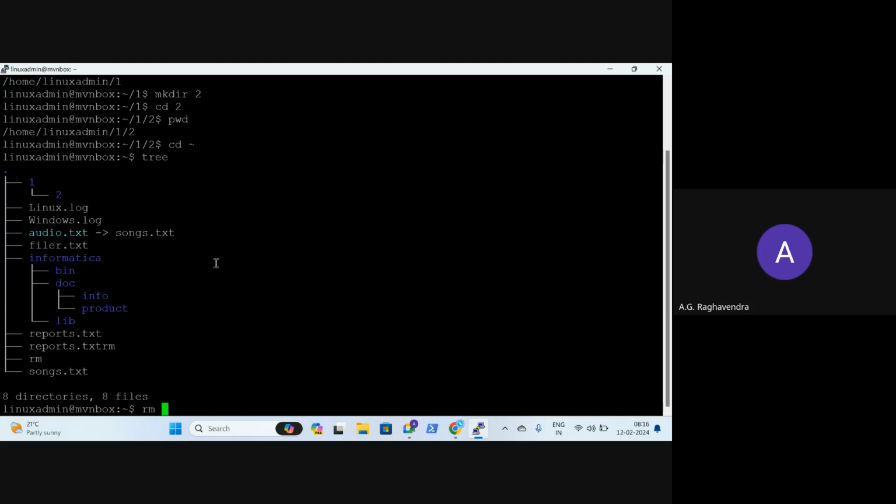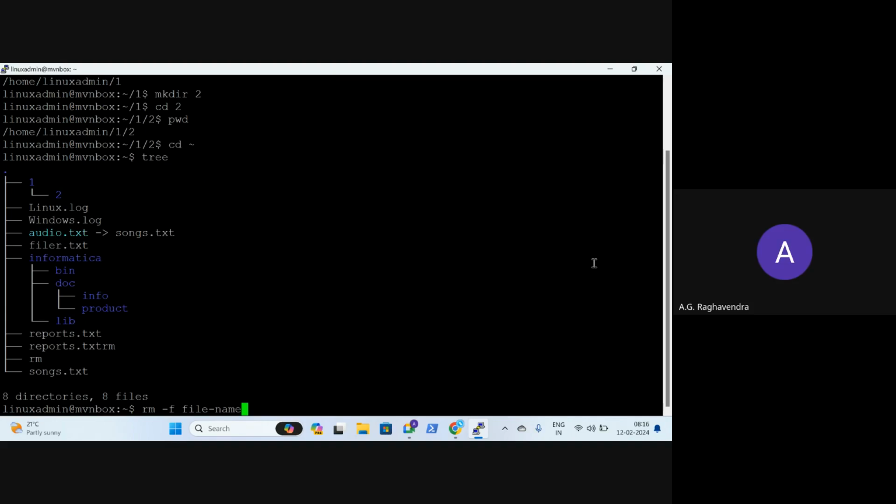For example, to remove a file, I say rm space file name, whatever file name, and that will remove the file. If the file is under use and the computer says you cannot remove it, you can give a -f flag indicating remove forcibly. You can force remove: rm space -f file name.